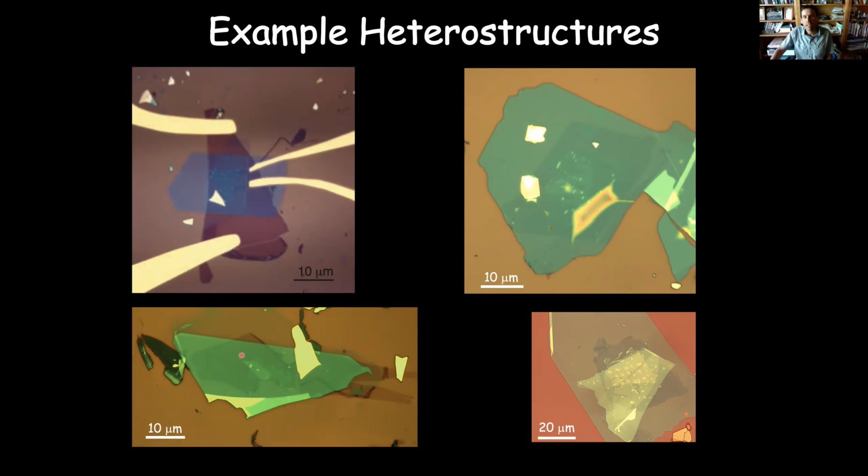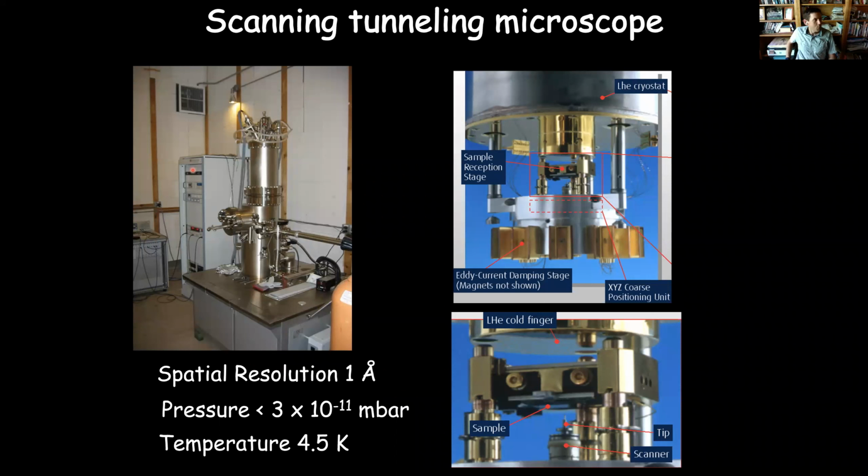And then what we want to do is actually go and probe the properties of this heterostructure that we've created. And so the way that I'm going to do that for, I think, all the measurements in this talk, or almost all of the measurements in this talk, is with low temperature scanning tunneling microscopy. So this is an example of an STM that we have in the lab. It's operating at 4.5 Kelvin in ultra high vacuum. So that gives us very good stability.